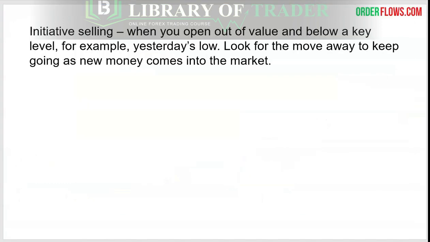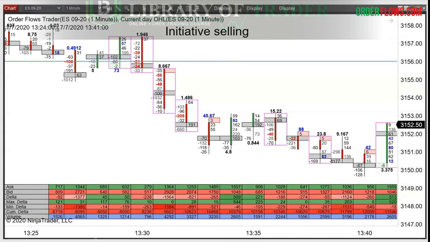So initiative selling is the opposite. So you're going to open outside of the value area and below a key level. For example, yesterday's low. But you're going to look for the market to move away and keep going in that direction as the new money comes into the market. Okay, so for example,